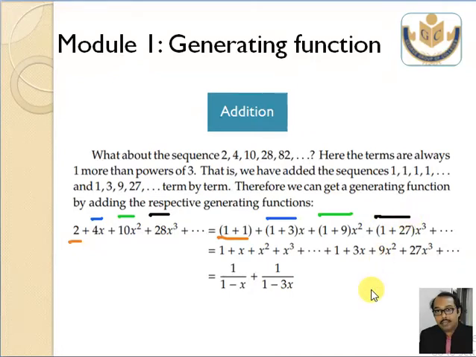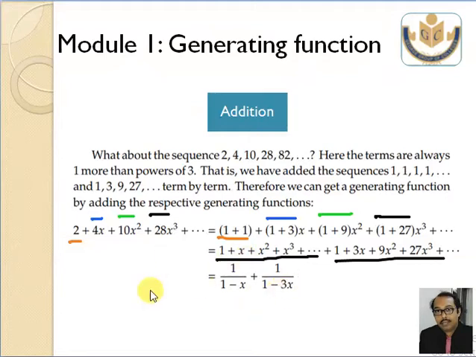Now how can I write this? See, I have an experience. I can identify the problem, what may be the solution. But with some little practice you can easily identify which pattern it is following. Best is you try to break it in such a way that you find at least one sequence that is known to you. What is the sequence that is known to you? 1 plus x plus x square plus x cube. This sequence is known to you. So what is left? That will come to this part.